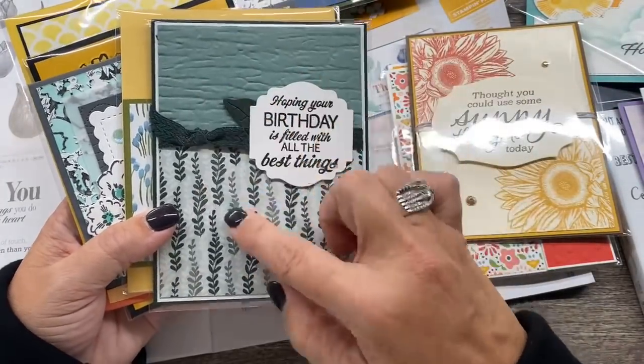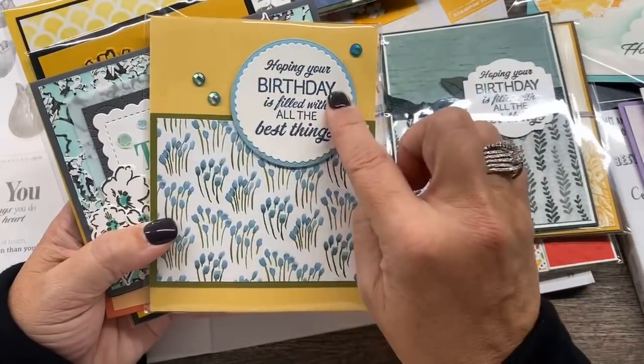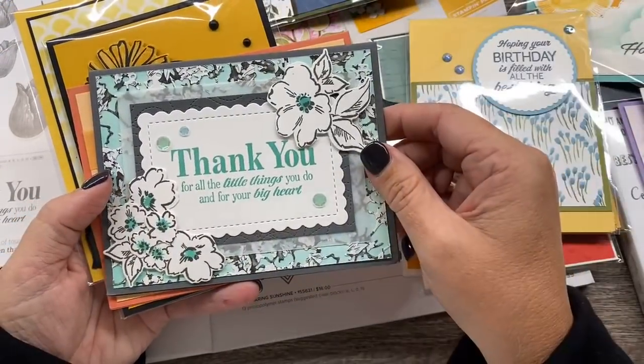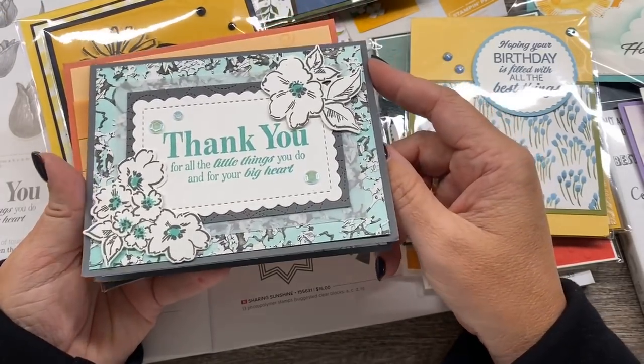Again, just DSP and embossing, which is great. I love that this fits with a punch. This is a die. More DSP. Love, love, love this. This was a card I received in the mail